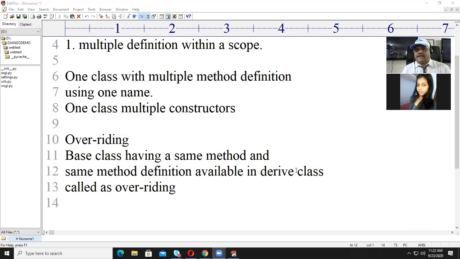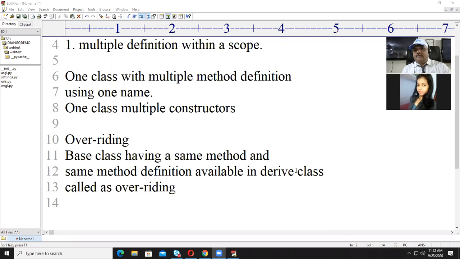How many of you understand? First of all, we need to understand the concept of overloading and overriding. Overloading means within one scope, if you have multiple method definitions or constructor definitions, that is overloading.